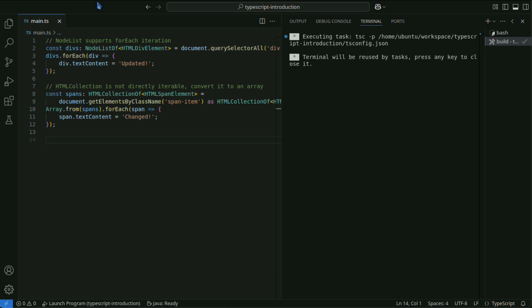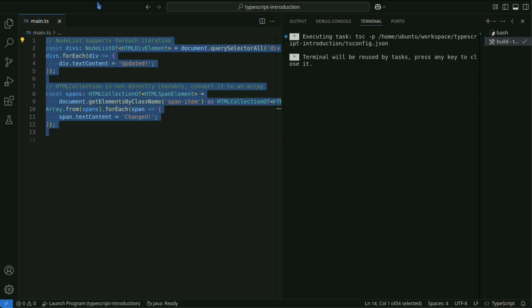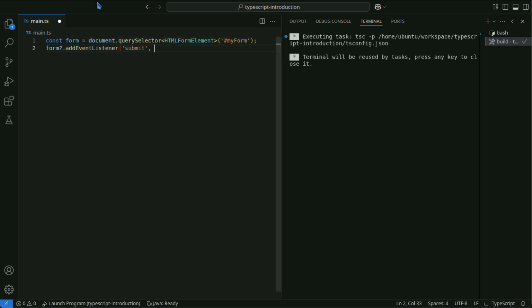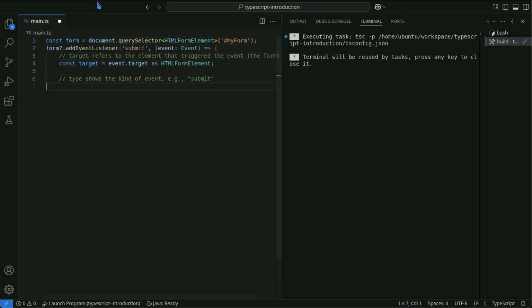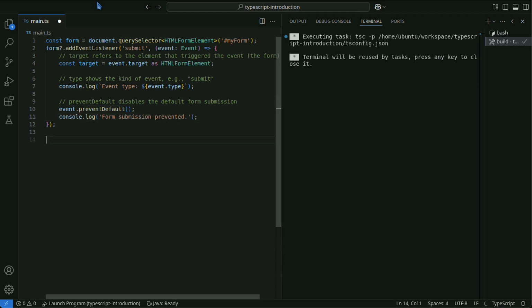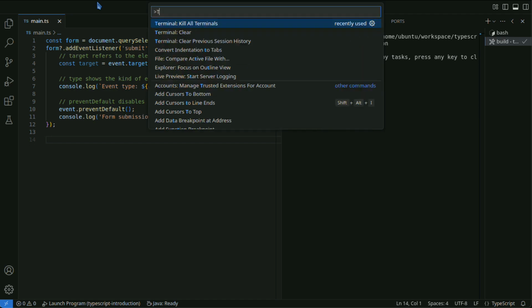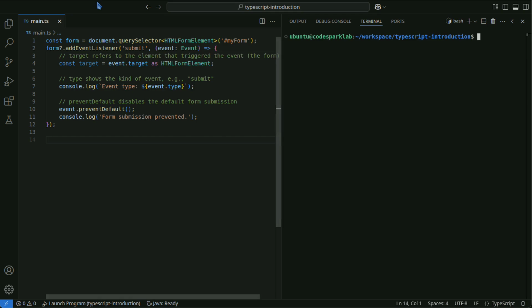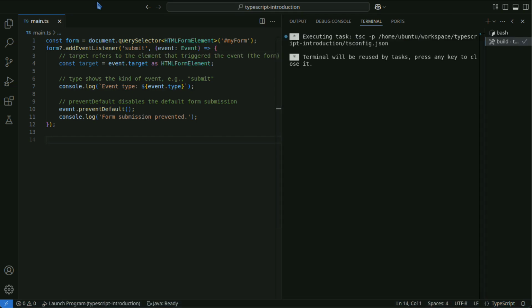Event is the base class for all events that occur in the DOM. Various events such as clicks, inputs, and page loads extend the Event class. The event has the following methods and properties.